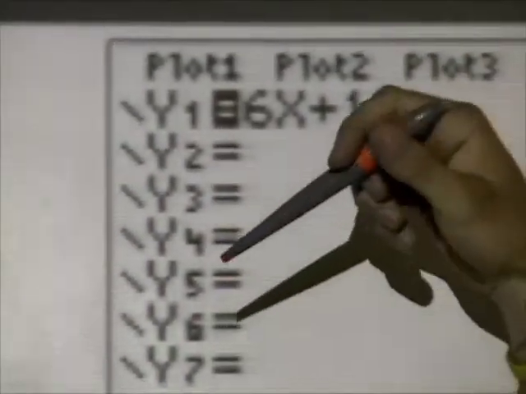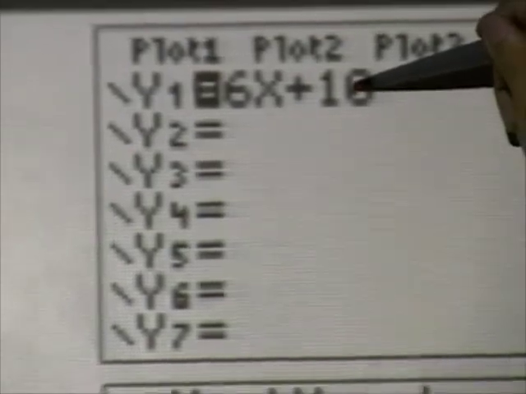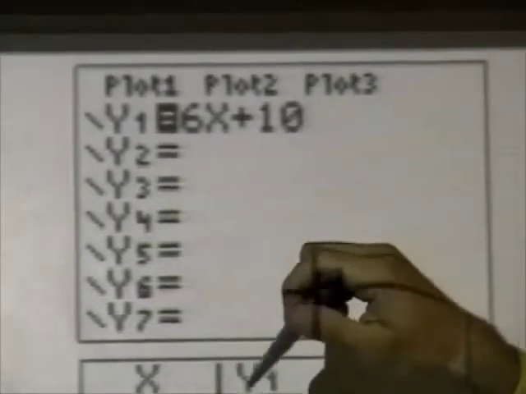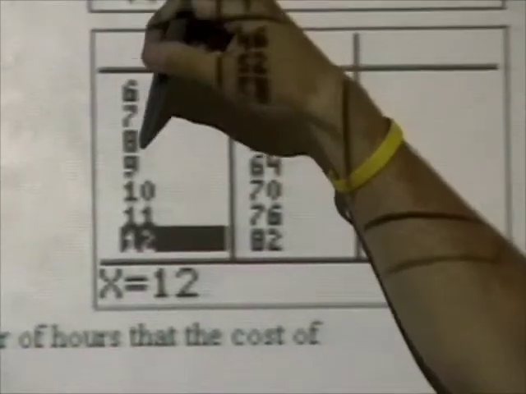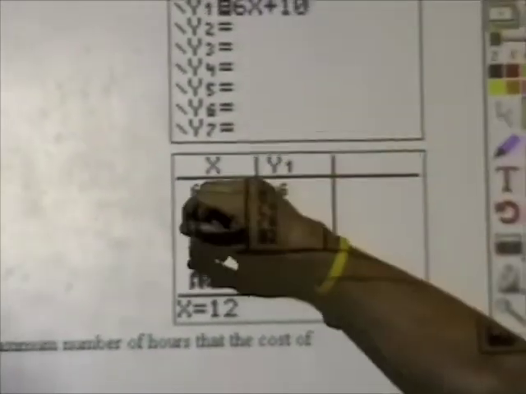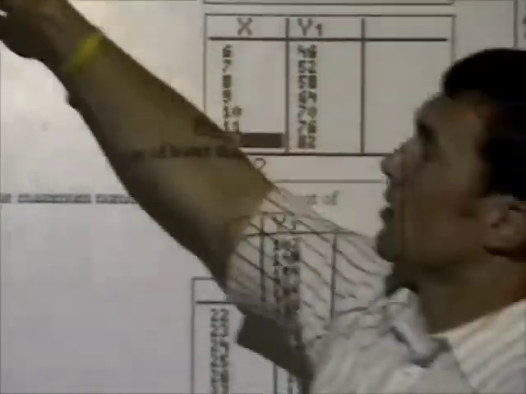So in the y equals, in the graph where you set up your equations, you can put this equation into y1. Right? If you press second graph, which you'll see later, we're going to use this, so that's why I don't have it here. All right, so I'll teach you how to do that more later. Second graph gets you to a table. If I scroll down, so the question